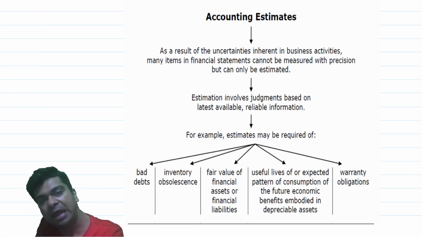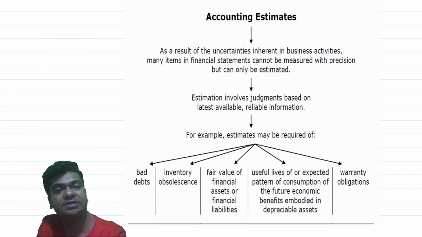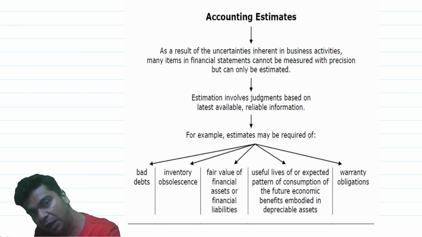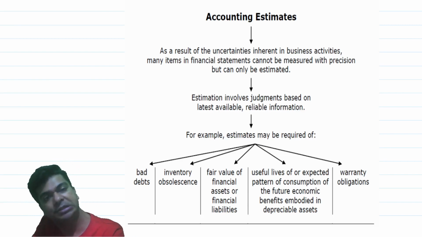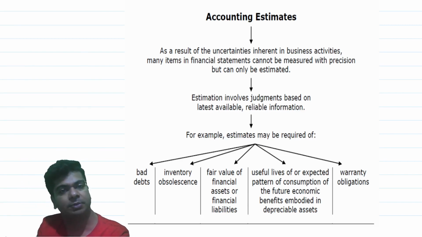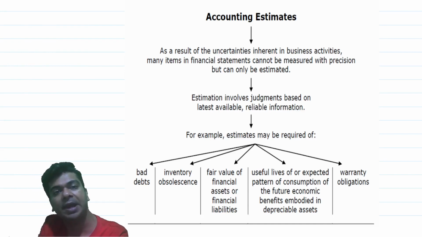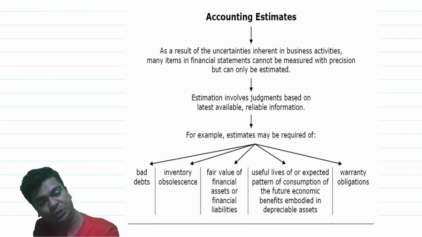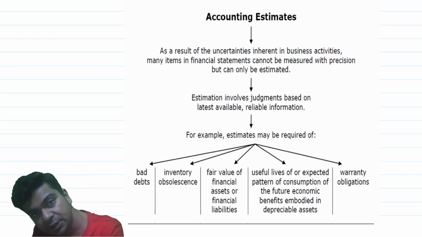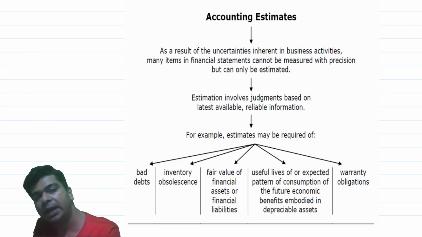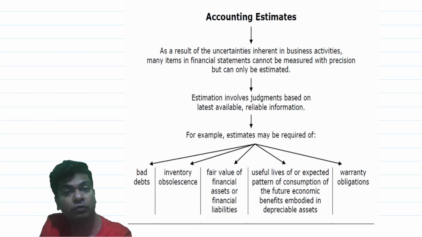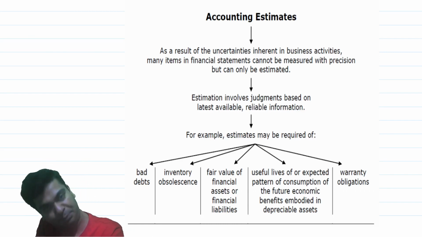Today I am of the view that 5% of my debtors will go bad, and hence I am recognizing 5% of the debtors as provision for bad and doubtful debts. As years pass by, I will have more and more experience. I realize over a period of time that only 2% of my debtors are going bad. In future, I will reduce the provision for bad and doubtful debts. Or to the contrary, I come to the conclusion that 7.5% of my debtors are going bad. I will have to increase the provision for bad and doubtful debts. But as I said, the effect will be given prospectively. You will not disturb the provision for bad and doubtful debts recognized in the previous years.